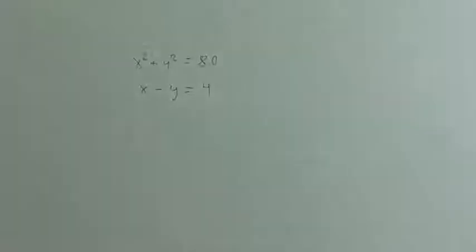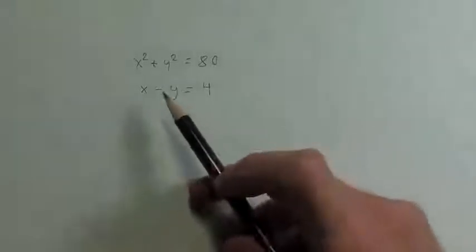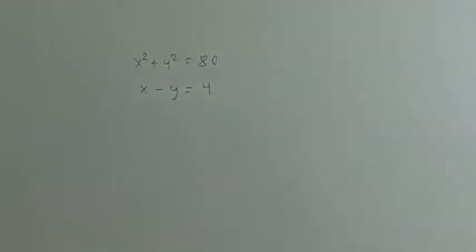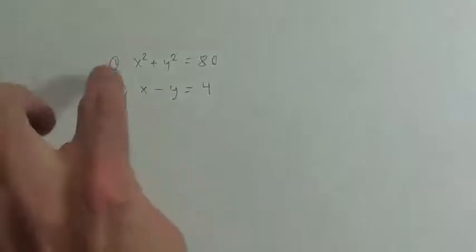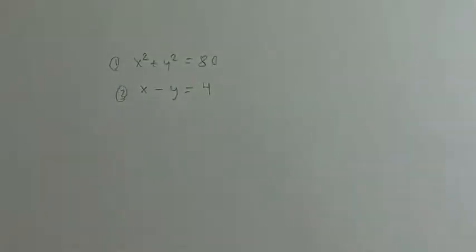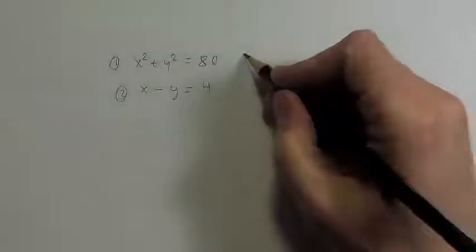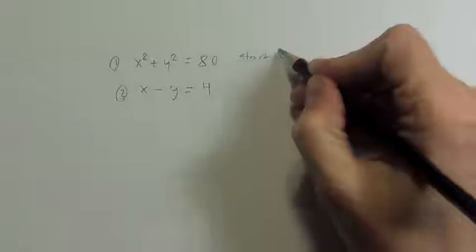Okay, so here's our problem again. It's x squared plus y squared is equal to 80, and we have x minus y is equal to 4. Okay, so again, like I've done in the previous lessons, I'm going to call the top equation equation 1, and the bottom equation equation 2. And for my substitution method, I'm going to start by solving